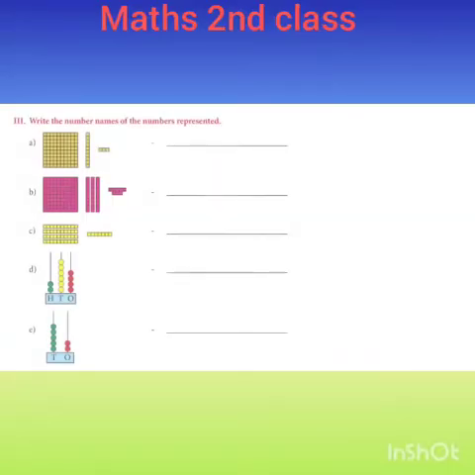Page number 43. Write the number names of the numbers represented. Alright, let us take a look at this. The first one, there is a box of tens. So, if you count the tens, there are about 100, and in the place of tens, there is a single 10 box, and then in the place of ones, there is a 3. So, your answer will be,